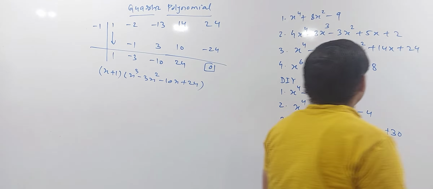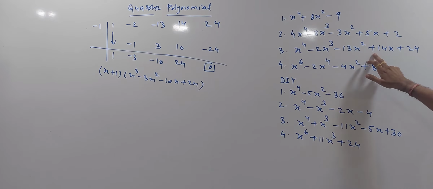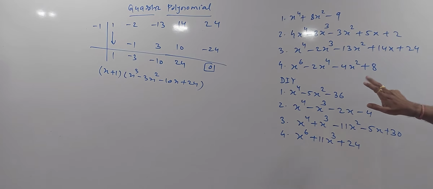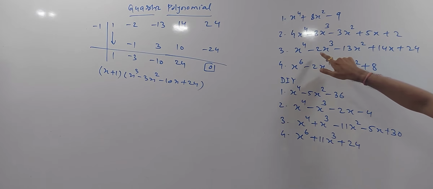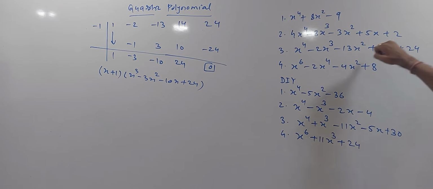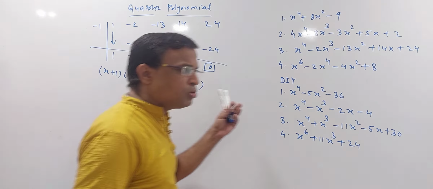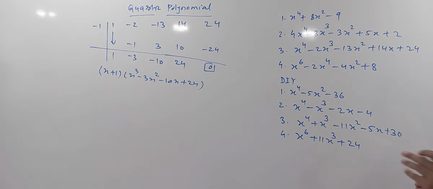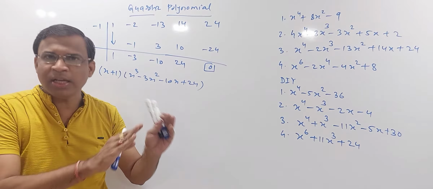Now one more thing, that is Descartes rule of sign. So plus minus, one sign change, minus plus, second sign change. So maximum 2 positive roots. Suppose I check with minus 1, so it will be plus, plus, minus, one sign change, and minus, plus, so 2 sign changes. So 2 positive roots and 2 negative roots, that is the maximum. So we got 1 negative root. If I got 1 negative root, therefore there will be exactly 1 more negative root.